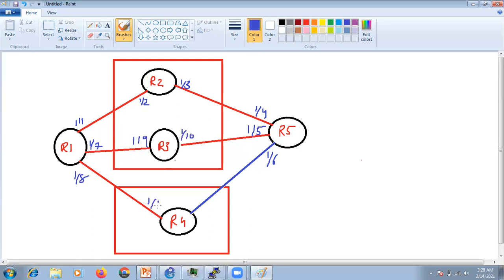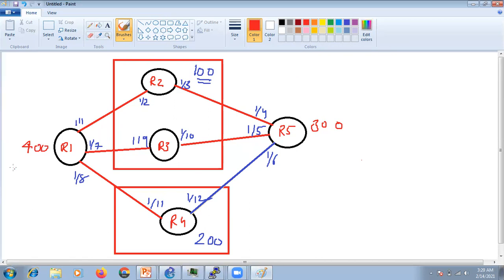Any given number we can give, 11, 12. Let's suppose this is our AS number 100, this is AS number 200, this is AS number 300, and let's say this is AS number 400. I'm just taking any random example.